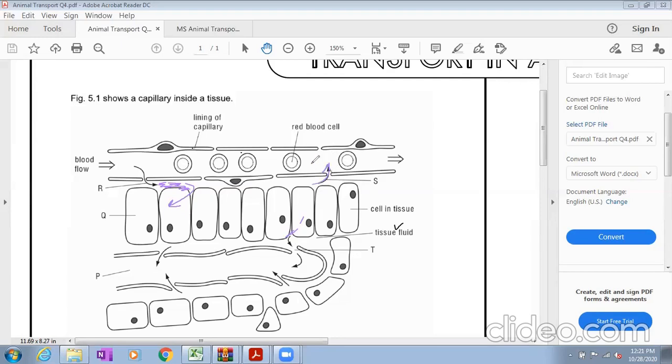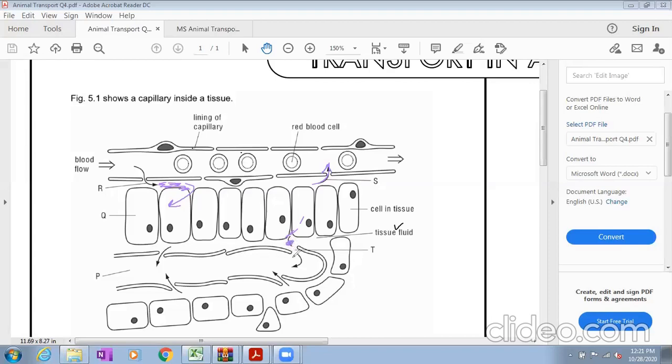Most, about 90%, of that fluid will go back toward your capillaries, because it's the part near the venule, so pressure is lower here. It will go back, while 10% will enter another small capillary called a lymphatic capillary. Several lymphatic capillaries will form a lymphatic vessel. So here, you can see this fluid enters this lymphatic vessel.